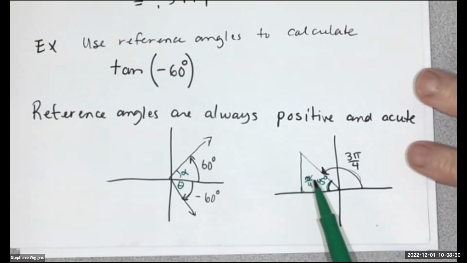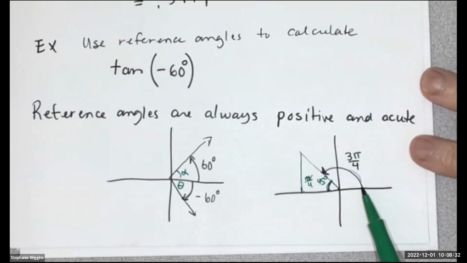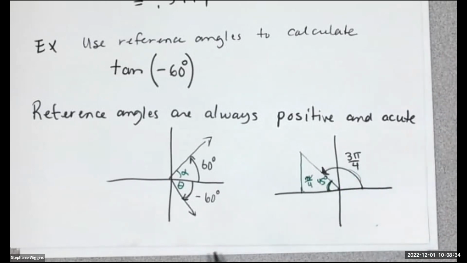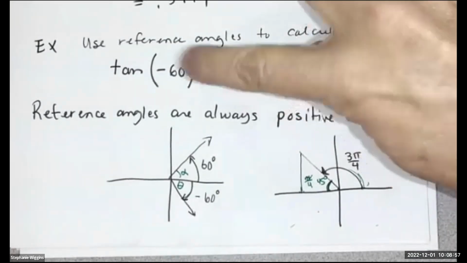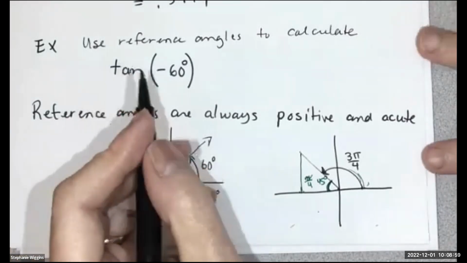And depending on which quadrant you're in, it may be supplementary with your main angle, or if it's in the third quadrant, you're going to take your angle and subtract 180 to get your reference angle. But the point is, the reference angle is formed by making the right triangle. So it's acute, and we always take the positive angle, okay? So back to this problem here. The reference angle is